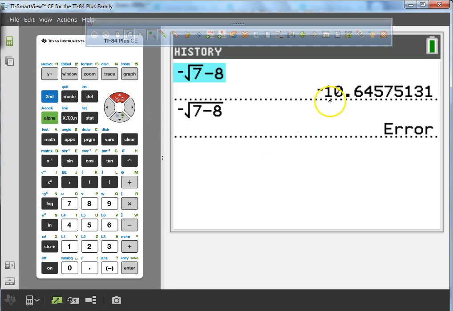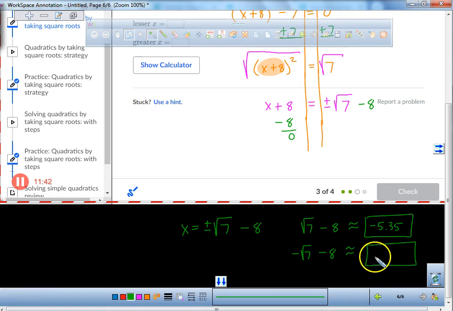Here's our other answer, negative 10.65. So put negative 10.65. This is our lesser. This is our greater. Once again, what do we call these two answers? We call them our